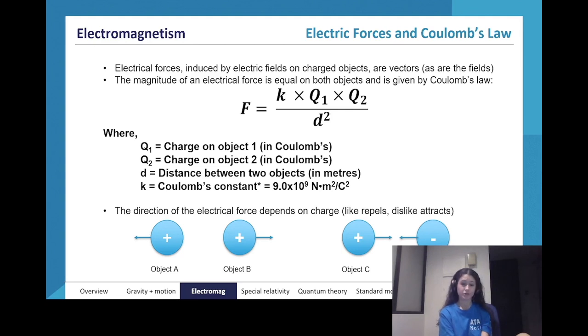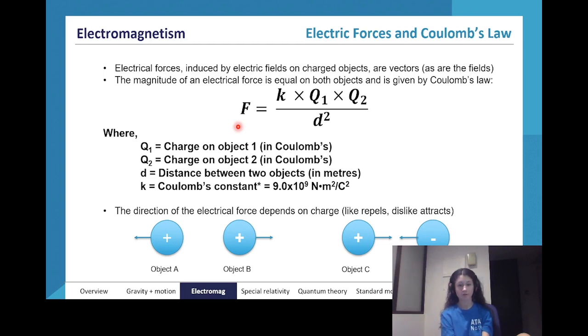However, when we get into magnetism, the charges are going to be moving, and because the charges are moving, they're generating a magnetic field. So, when we're talking about electrostatics, we're talking about the force generated by the particles due to their charge. So, to calculate the force on two charges